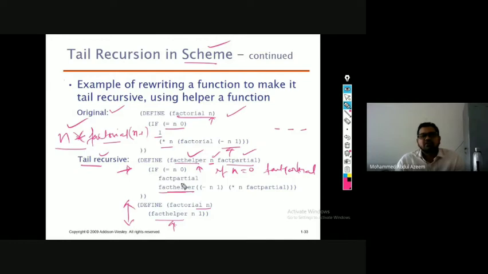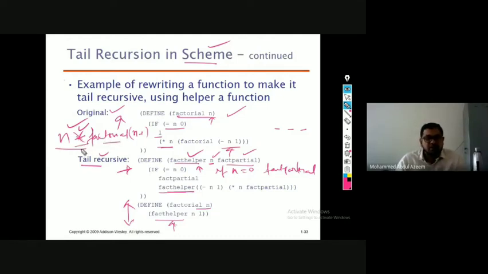So you may have a doubt. In the multiplication, we have a recursive call, but then what is the last operation? When you have n into factorial of n minus 1, what is going to be done first? Factorial of n minus 1 is done. That is the recursive call. But after this call is made, the value that you obtain from it will undergo this operation. So what is the last operation? If you look at the sequence, the last operation that you perform is the multiplication operation, not the recursive call.